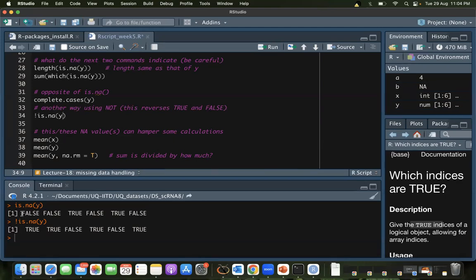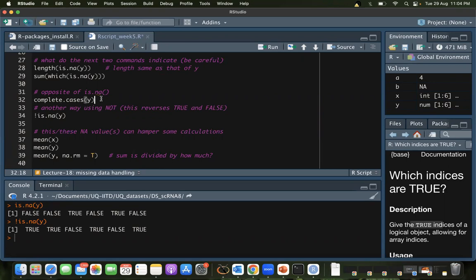Right now, think about it. Is this not true? That means basically it's comparing each of these to false. So this one is not true, that's correct, that's why you're getting true. This one is not true, so true. This one is not true, so it's not false, therefore false. But that's complicated. So basically what it does is give you the opposite of it. And there's one more way which gives us the same thing.